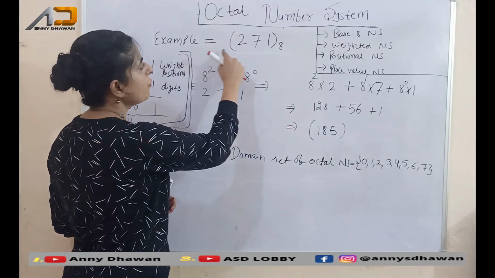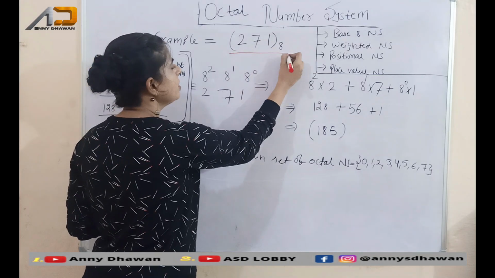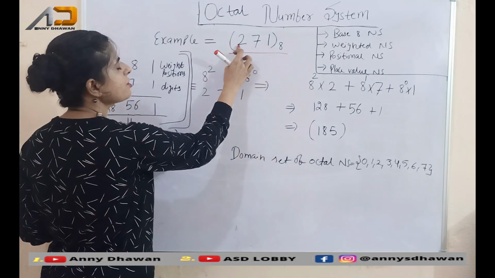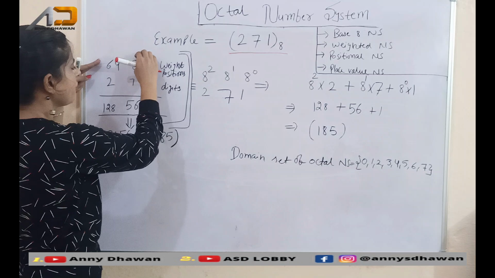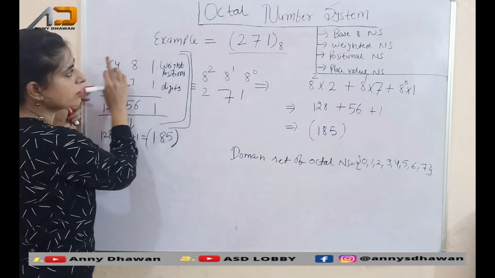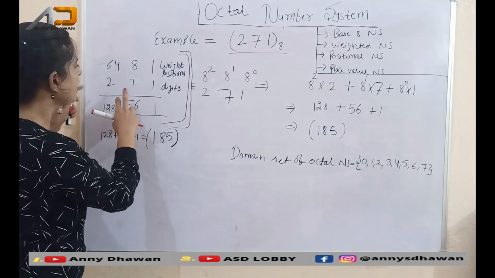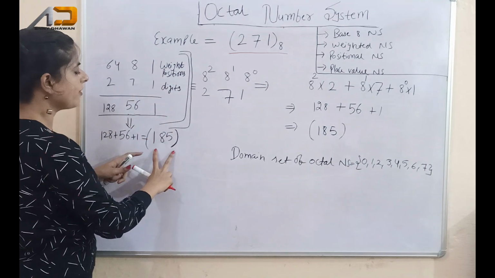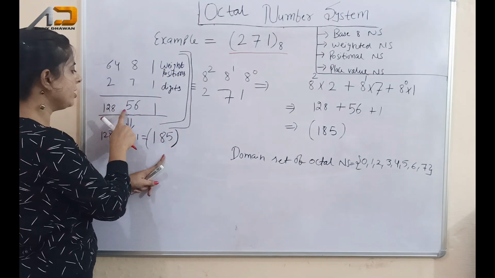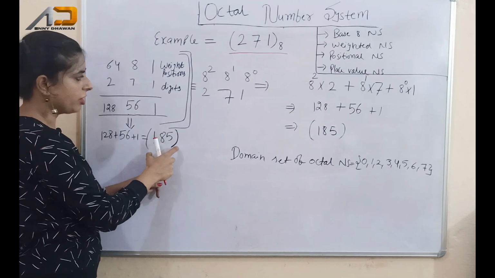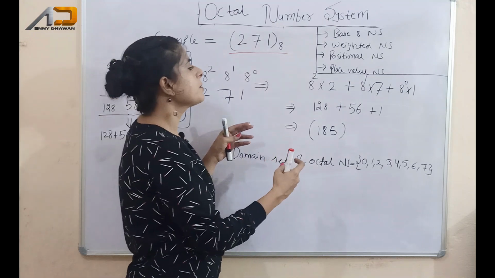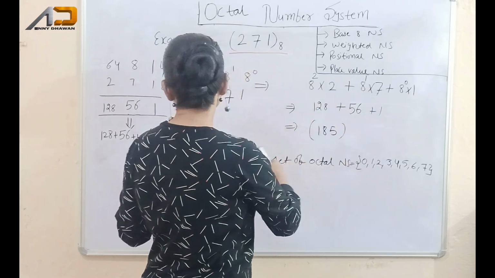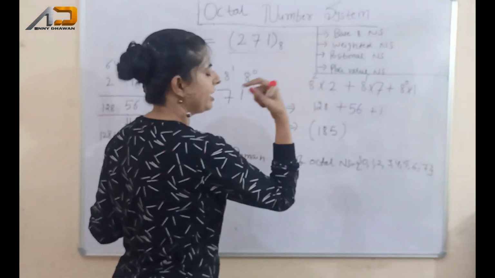Taking an example of an octal number. The octal number is 271, and employ base 8 here to make it an octal number. Now write the digits of the octal number corresponding to its weight positions. That is 1, 8 and 64. Digits are 1, 7 and 2, and multiply the digits by their corresponding weight positions and we got 128, 56 and 1 here. And the final answer would be the sum of the values of all the positions and we got 185 here. And try to use this method to solve the equation and you will get the answer same as 185 here.